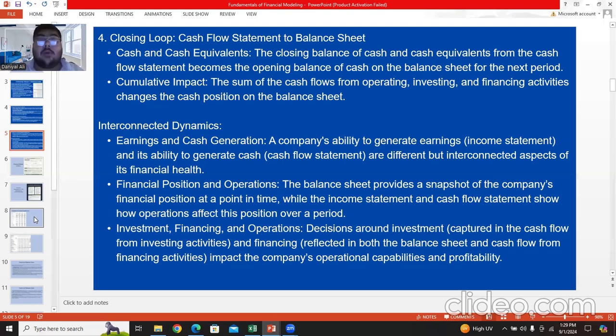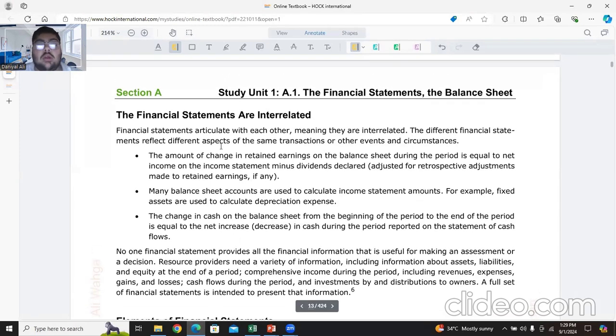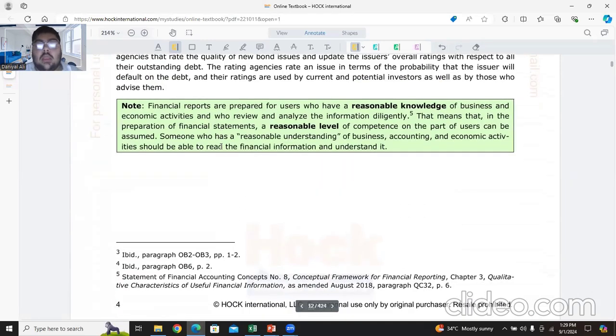That is very importantly these three statements. I hope you have learned very much in depth the relationships of the financial statements and a financial model that are interconnectedly related towards your working. If I look towards your textbook, here you got your textbook. I hope you are gonna look at that as well. At first,